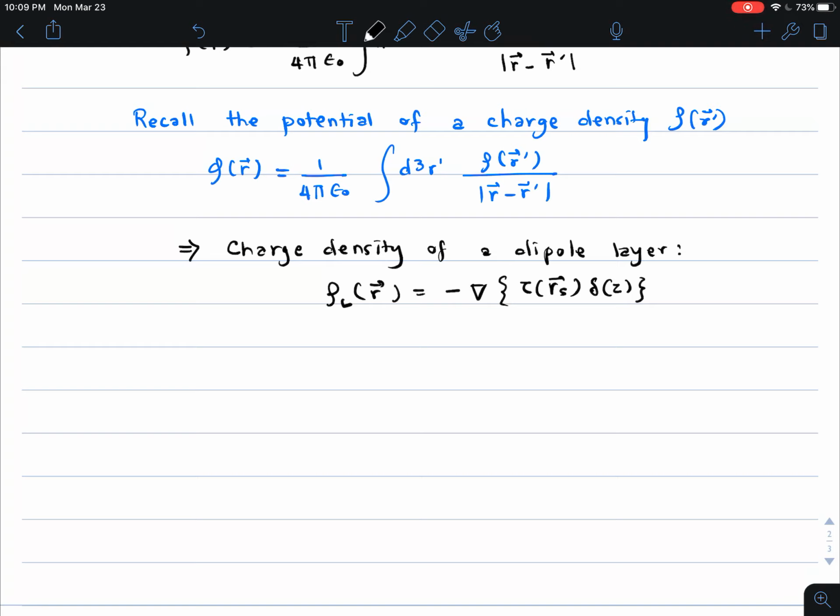And so that completes the discussion of the dipole layer potential. We still need to interpret this and connect it with the capacitor potential, but we will work on